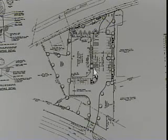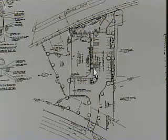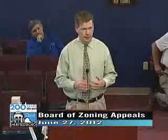Now, the applicant is also requesting a variance for the HVAC equipment. And the HVAC equipment, just like when we reviewed First Baptist Church and their additions back in January, is considered an accessory structure, as is the enclosure. And in discussing this with the applicant, if he is going to locate that HVAC equipment and the mechanical equipment in the front setback along Lassiter,